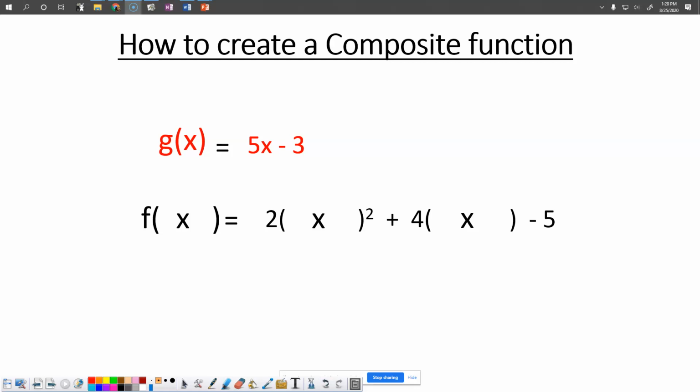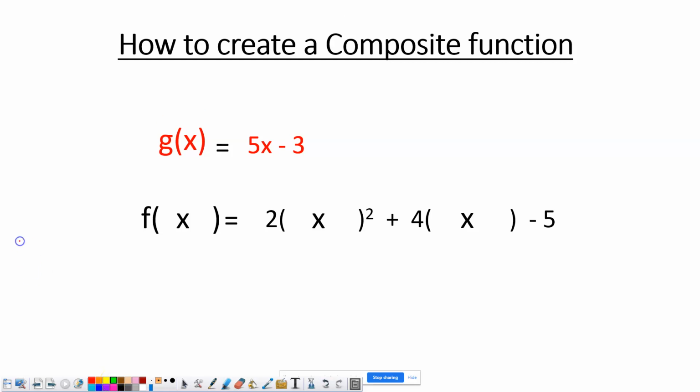So right here I'm giving you the equation of two separate functions, g of x and f of x. G of x is 5x minus 3. F of x is 2x squared plus 4x minus 5. You might notice that f of x looks a little weird, but that's because I've made it so that it can do a neat little animation. We're going to create the function f